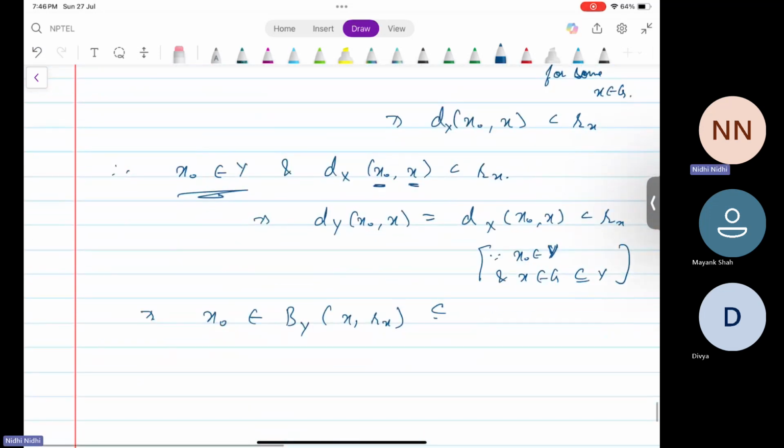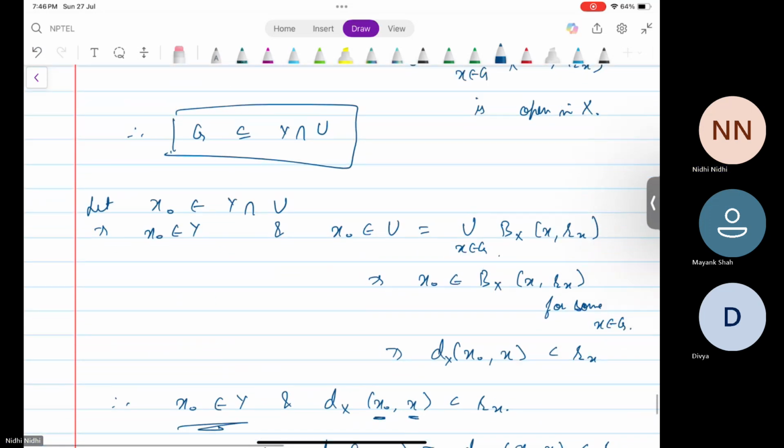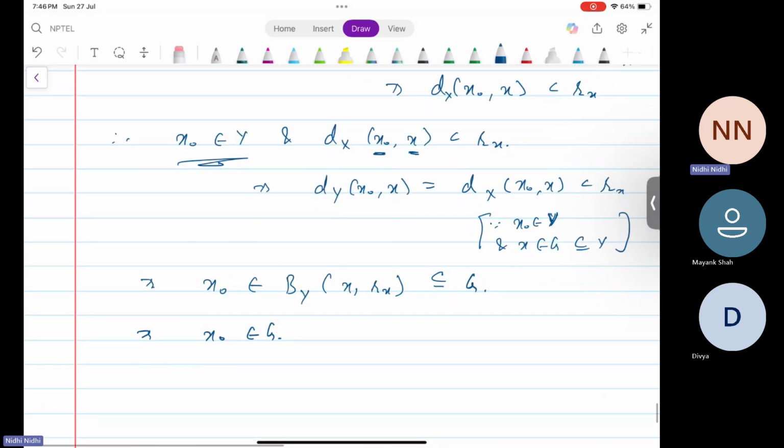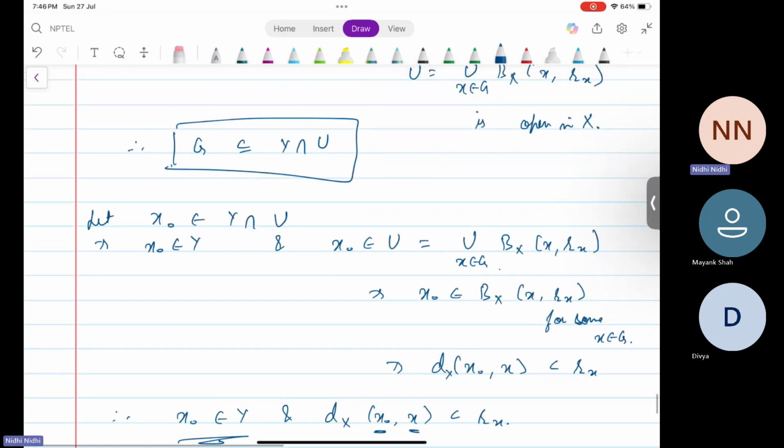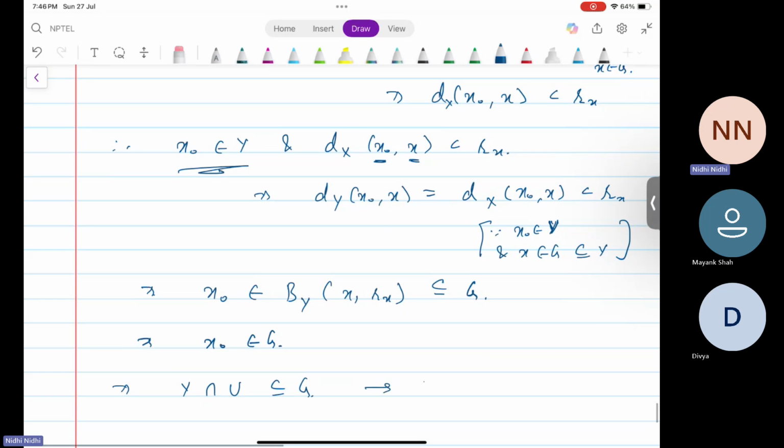This is contained in G. This implies x naught belonging to G. We took x naught in Y intersection U and proved that x naught is in G. This implies Y intersection U is contained in G, and hence from star and hash